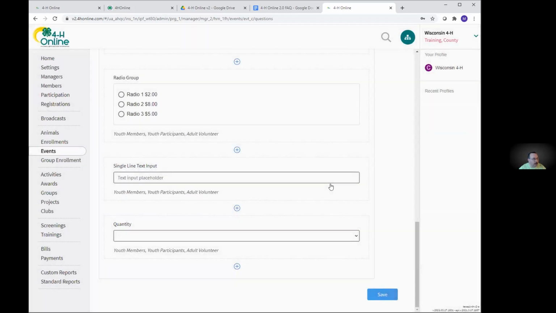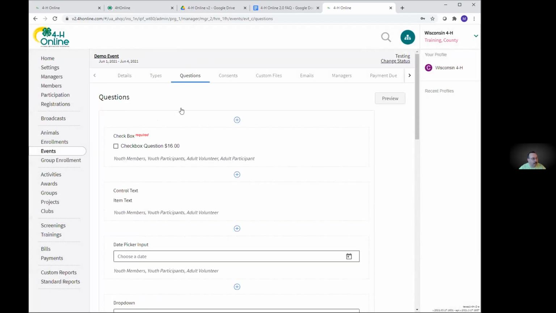All right, so we have our questions set up. We have our types set up. We have questions attached to the types, as in, different people can see different things. If you want, you can check all the boxes on all of your questions so that everybody sees the same questions. That's fine. It just gives you the power to filter, so certain questions might be asked to one group and not another.